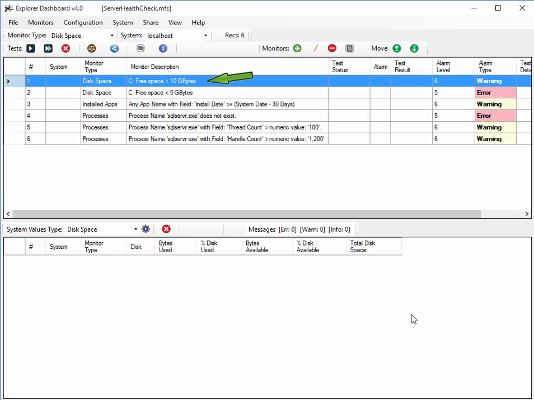Line 1 raises a warning alarm if the free space on drive C falls below 10 GB. And line 2 raises an error alarm if the free space on drive C falls below 5 GB. Line 3 raises an alarm if any application has been installed on the server in the last 30 days. Line 4 verifies that the MS SQL process is running. And lines 5 and 6 verify that its thread count has not exceeded 100 and its handle count has not exceeded 1200. Let's select the server to test